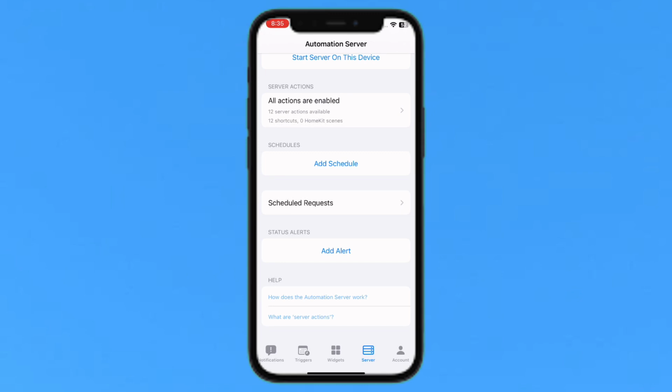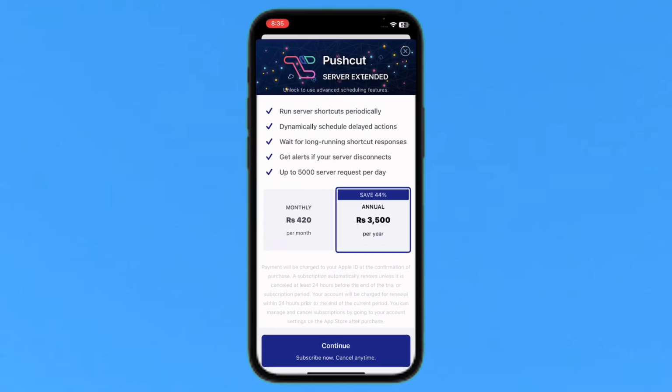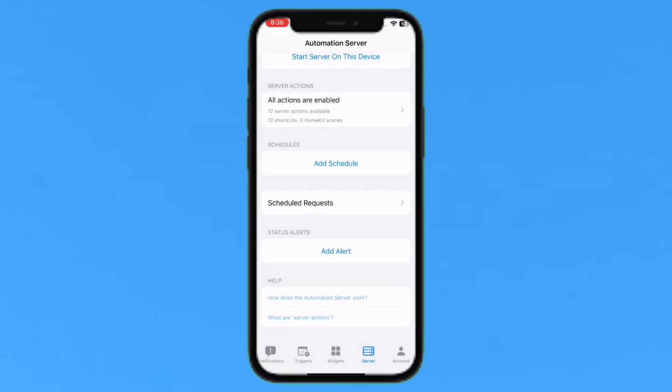In Servers you will see the status alert. So just tap on it. When you tap on it, it will say that Server Extended: unlock to use advanced scheduling features. When you purchase the plan, monthly or annually, you will be able to run server shortcuts and dynamically schedule delayed actions, wait for long running shortcuts' response, and get alerts if you have a server disconnected, with up to 5,000 server requests per day. So make sure you purchase the plan and you will be able to run the battery alert